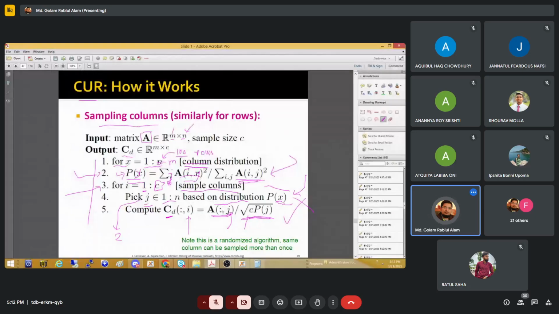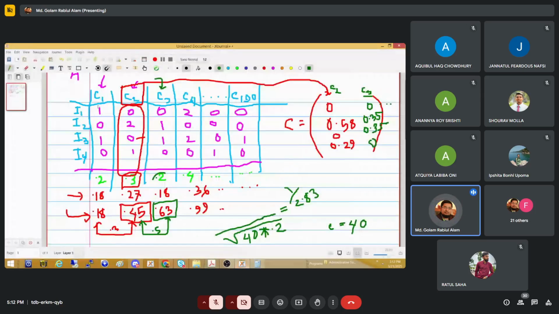Okay, that means in our example matrix, now what we have to do if we need to find out the probability of each and every row, like the probability of I1. So the probability of I1, we can put it here. And for that, the similar way, we have to calculate the probability. That is for this row, the Frobenius norm will be